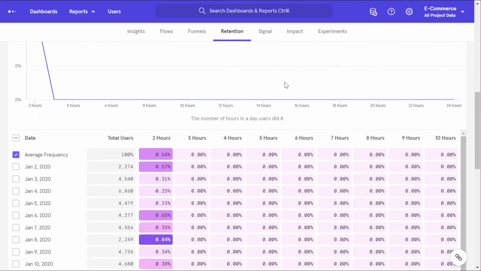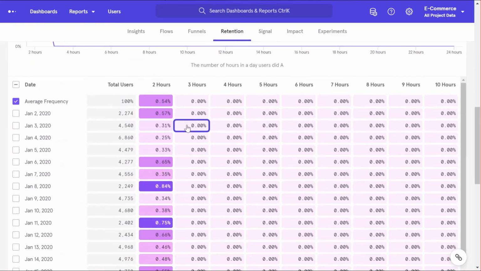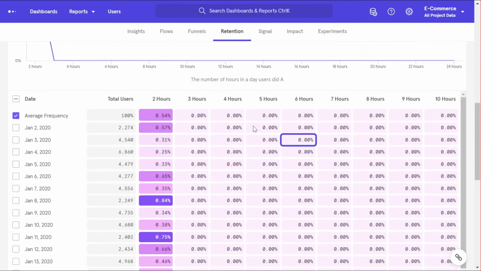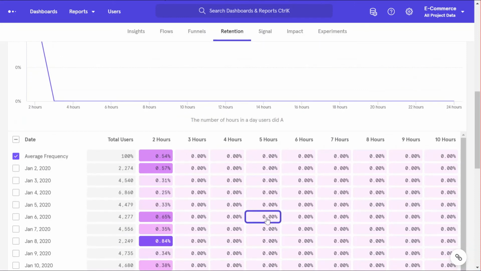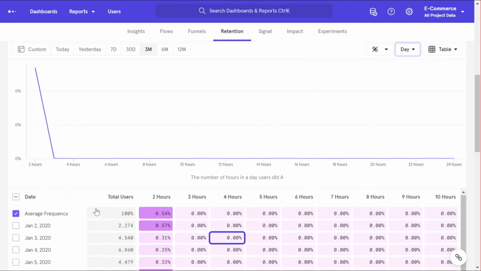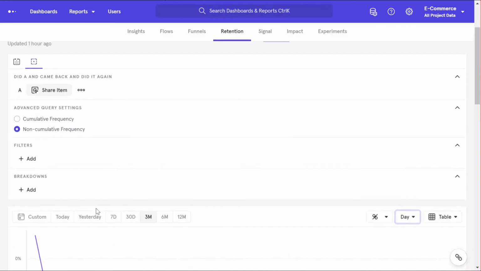Here, if instead of week or month, you had selected days, then you would see this frequency on an hourly basis. Now here it makes absolutely no sense. In case of e-commerce, it's all 0, because obviously there is pretty much nothing that people keep doing hour after hour here. But again, suppose you are managing a gaming product. Now in a gaming product, when people come, they are expected to spend several hours playing games. That's kind of the nature of the gaming product, and that's kind of the bread and butter. Without that, it will not be a very successful game, right? So you would see like many people spending 3 hours, 4 hours, 5 hours on this platform on any day, right? And if that is not the case, then they need to figure out what is wrong and how they can make a better game.